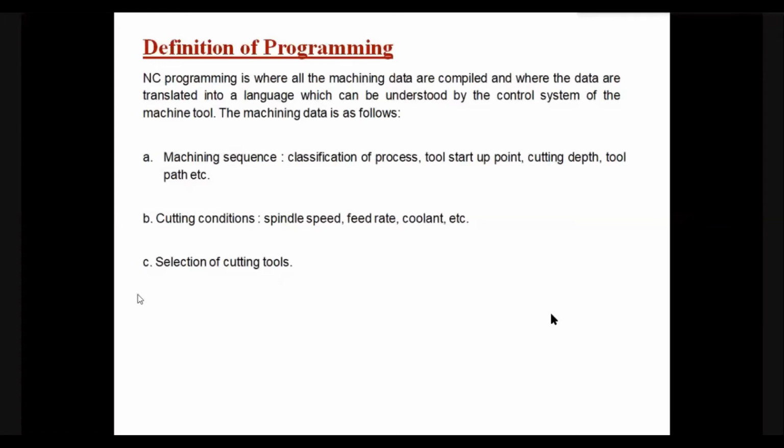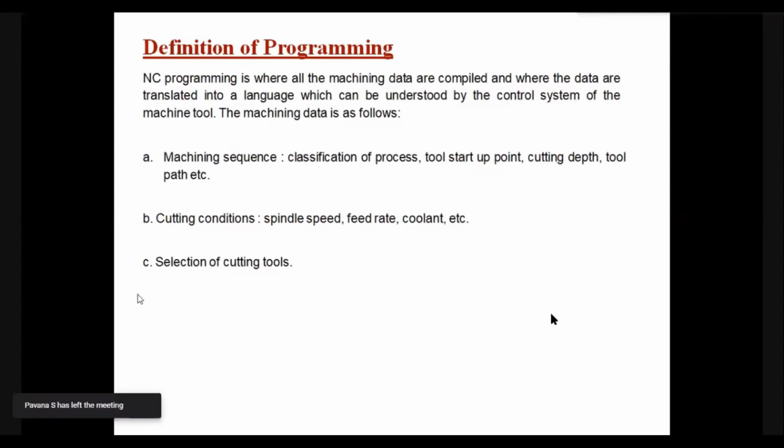If at all we forget to give any of these data, the cutting tool will come and collide with the workpiece and accident takes place. So, while editing a program, we should take care of all these parameters and assume that everything will be done safely without any collisions. Okay?